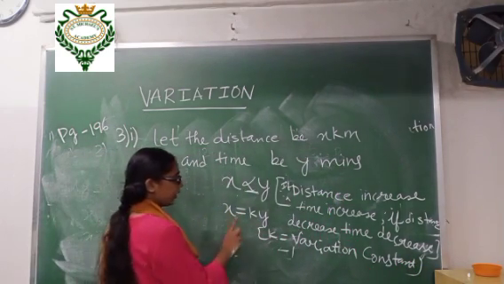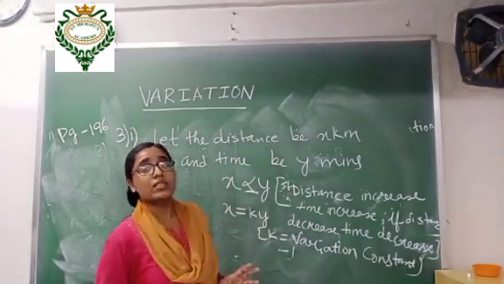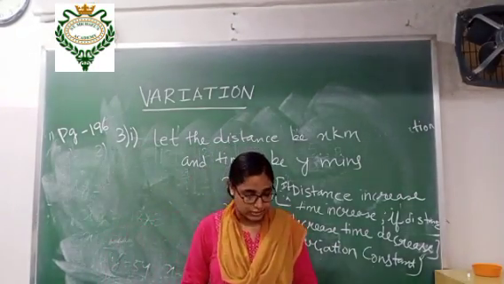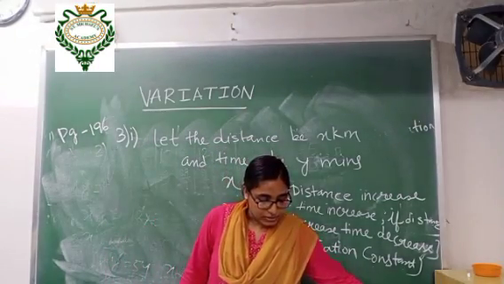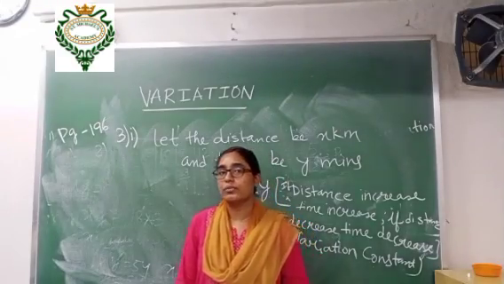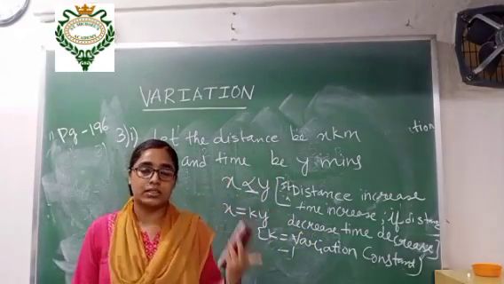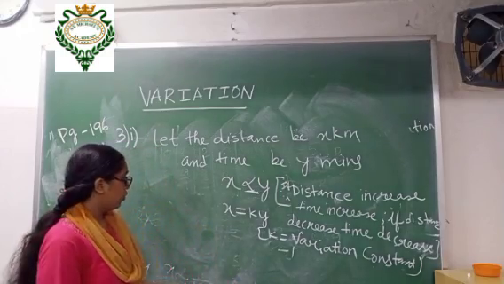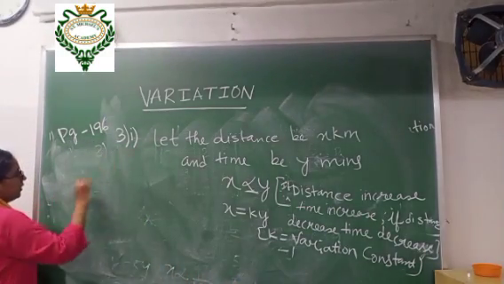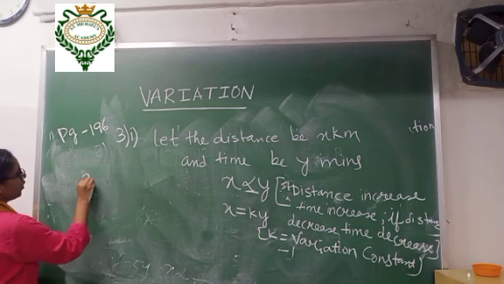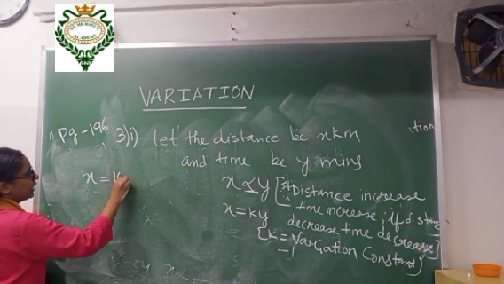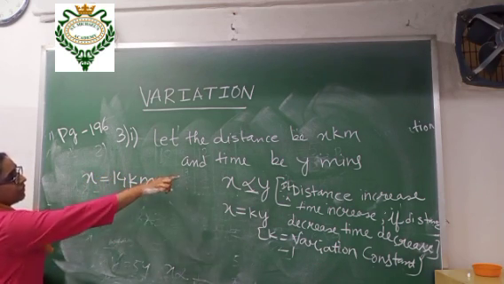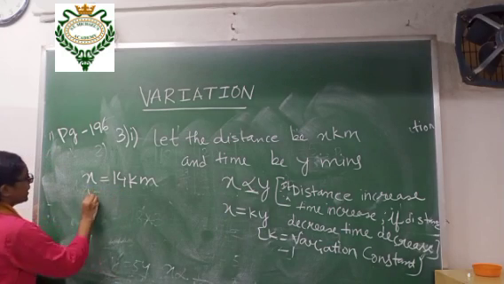Okay, completed. Now what is given to you, you will read the question again. A taxi of Bipin uncle travels 14 km in 25 minutes. Means distance and time both are given to you. So I am doing distance here. We have taken x, so x is given how much? 14 km, and time we have taken y. Y is given how much?